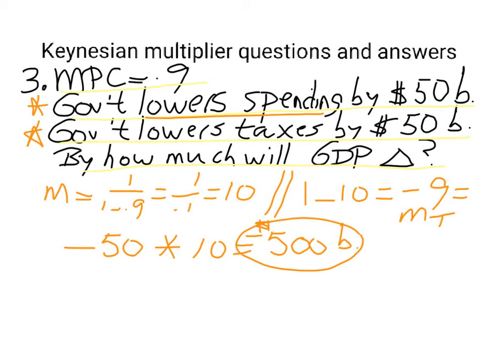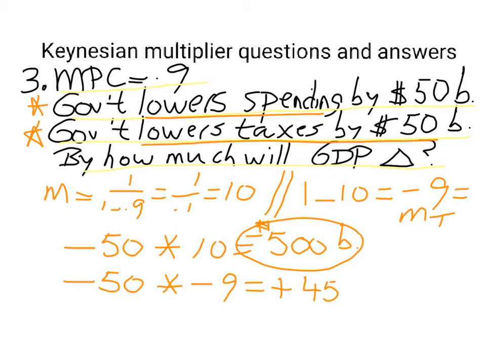Second part, government lowers taxes by $50 billion. There we had the change in taxes. There's also a lowering of taxes, so minus 50. Now times the tax multiplier. Tax multiplier is minus 9. That gives us plus $450 billion. So as a result of a lowering of taxes by $50 billion, we have an increase in GDP of